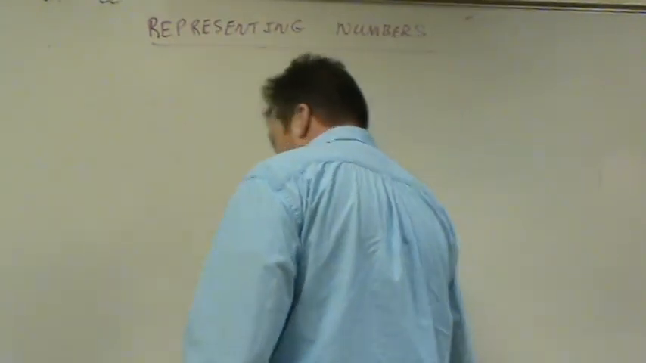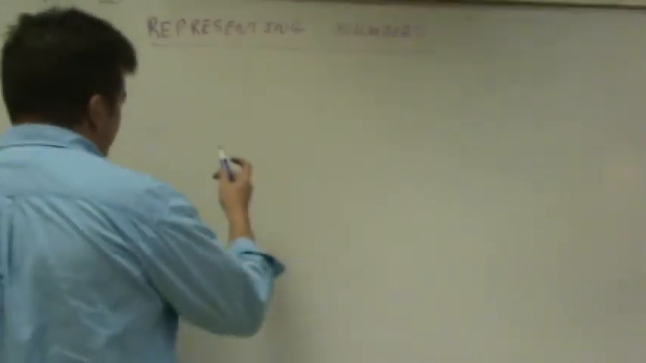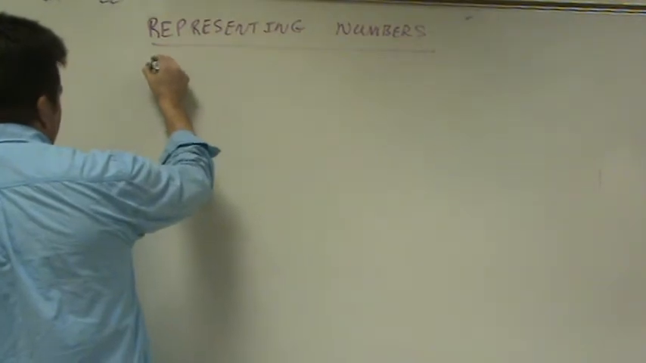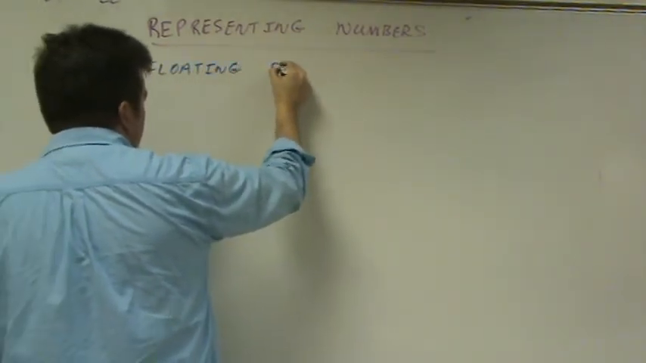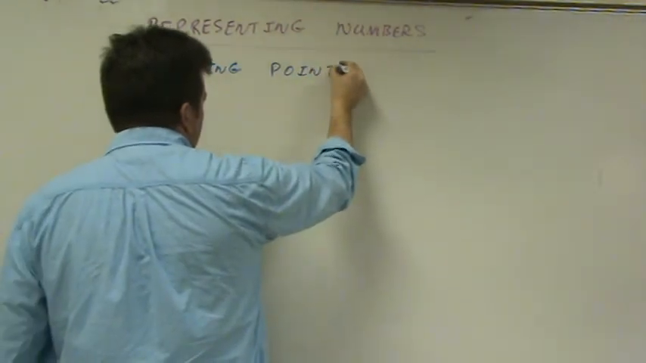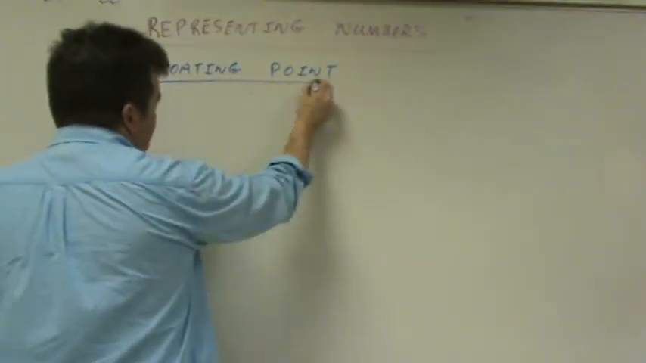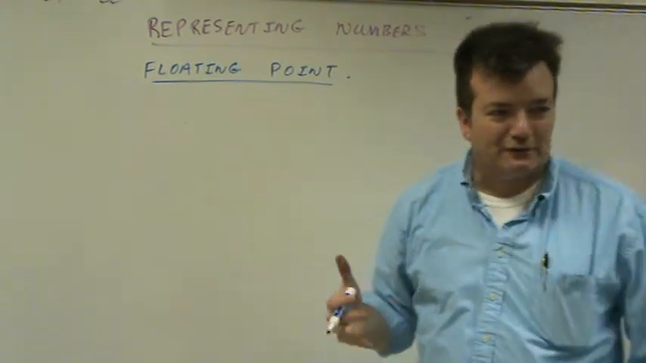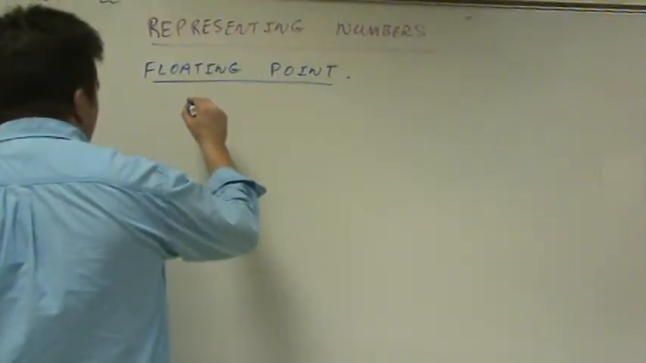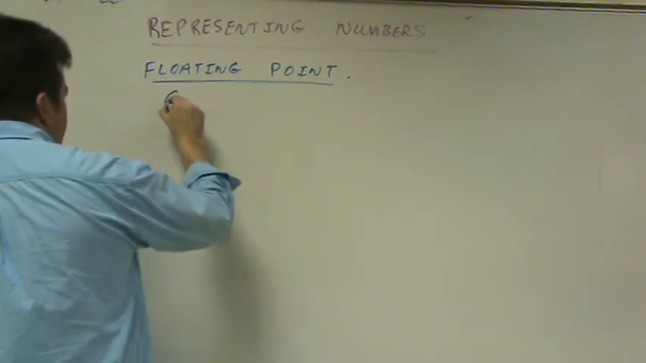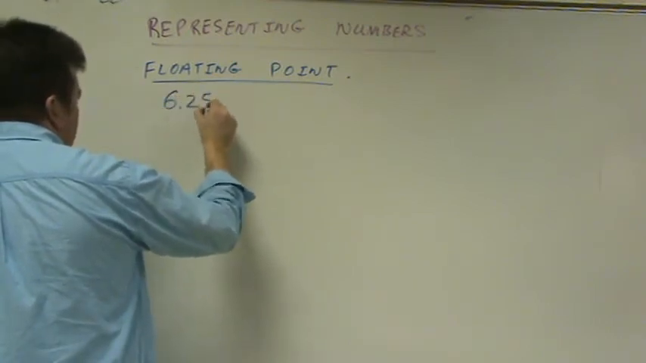And 2's complement is the one that most computers use now. And then floating point numbers, which would be numbers that have a fraction part to them. So in decimal, if we wanted to represent 6.25,